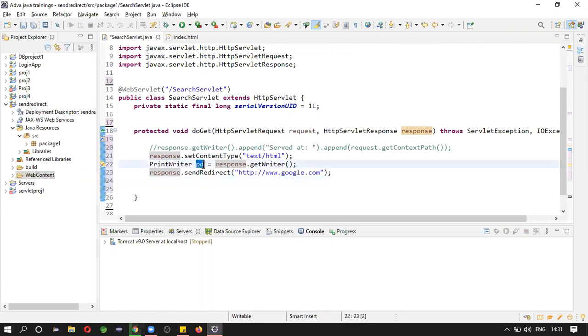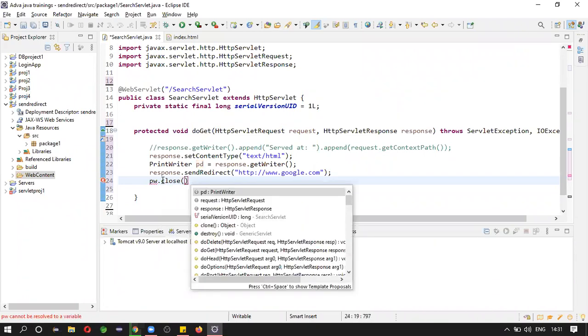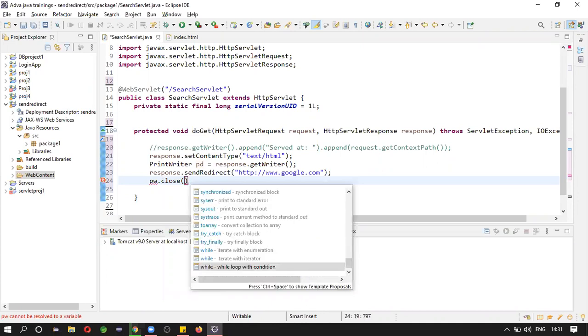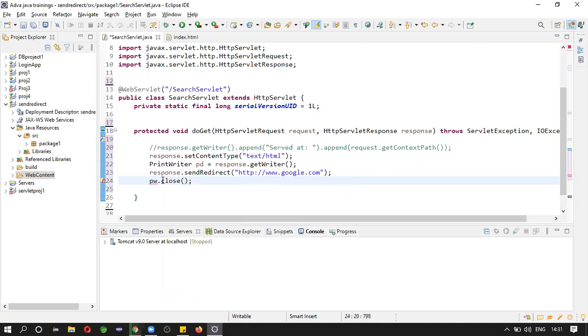It's a stream object which can read the data, not read, it will write the data. So the connection is open. Everything is a resource, so you can close it with pw dot close. Spelling mistake. So I saved the code.